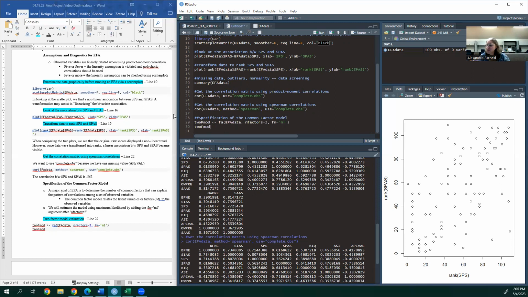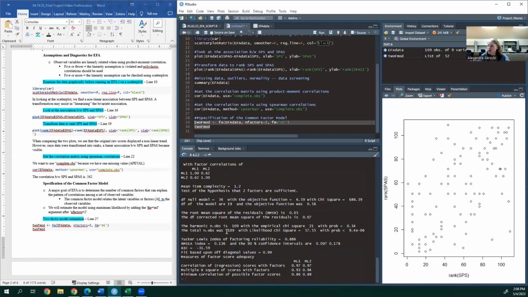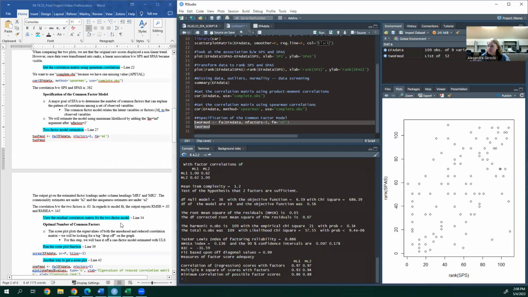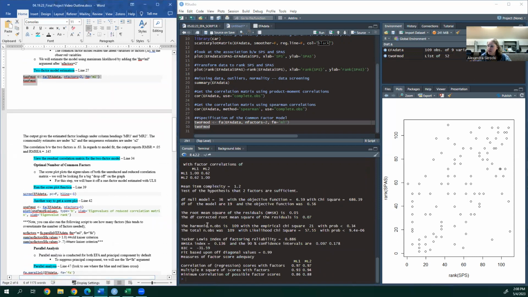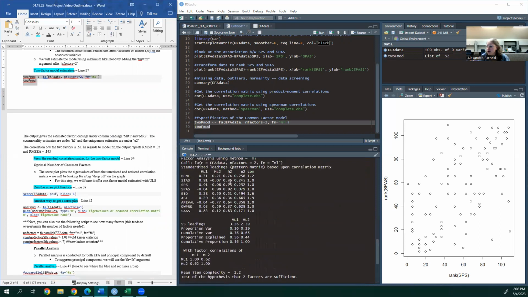And so this first line of script is to go ahead and run that factor estimation, and this ML is for maximum likelihood. And then this 2F mod is to go ahead and get that output. So we're going to go Control Enter on that. I'm going to interpret this a little bit, but we're going to come back to this at the end. So here we have